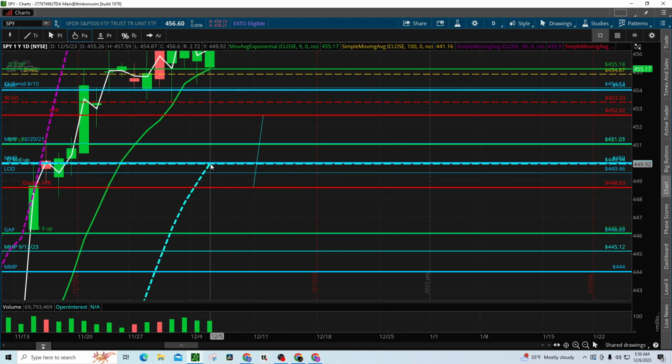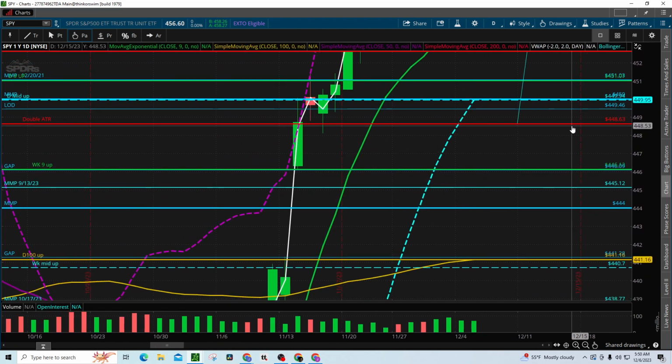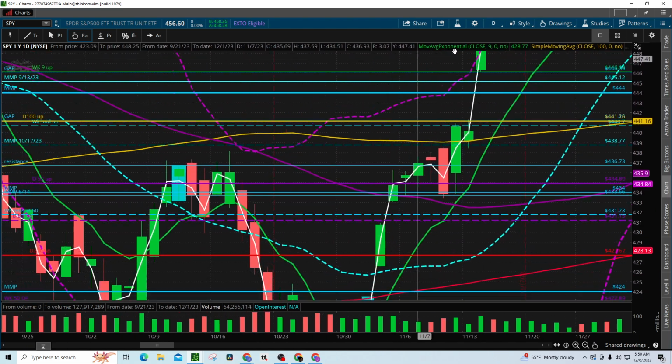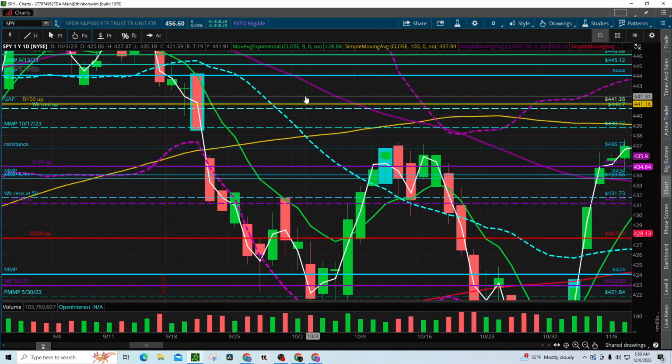it could still go below the daily mid-Bollinger Band and then fire back up. But you will know that it's definitely going to start going down stronger when this line goes up and slows down and then it starts coming back down. That's when you're going to get bigger moves to the downside. So for example,